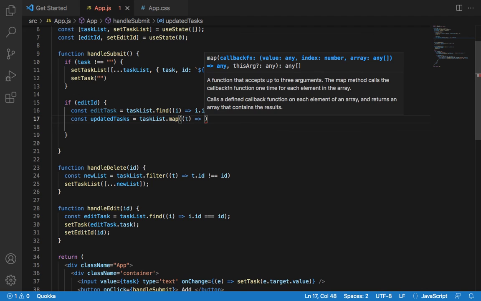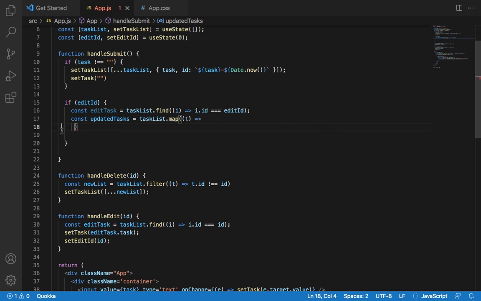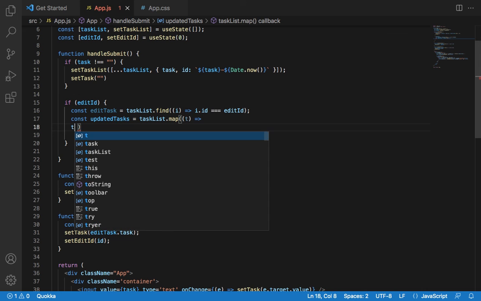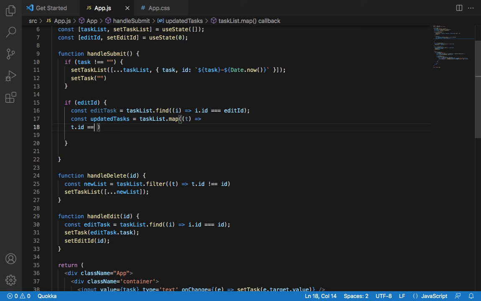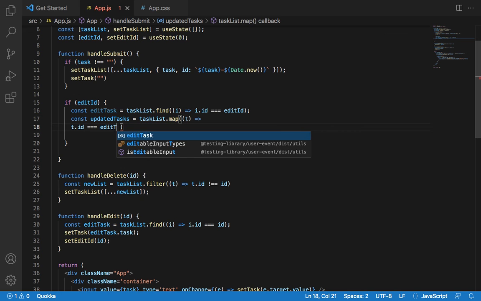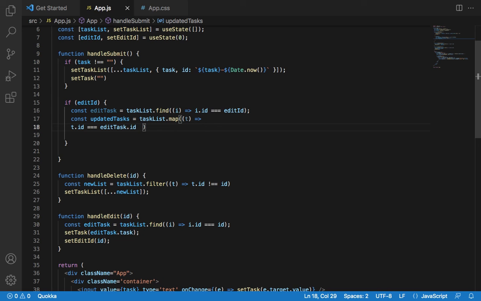Now from that we will say if t.id equals edit task dot id, and now we'll need to set that t will be equals to